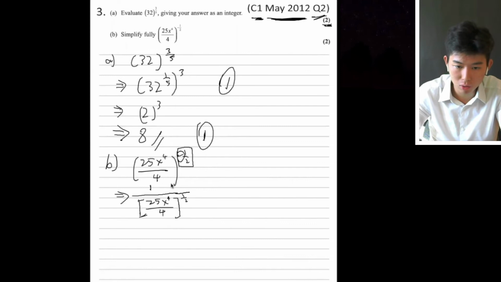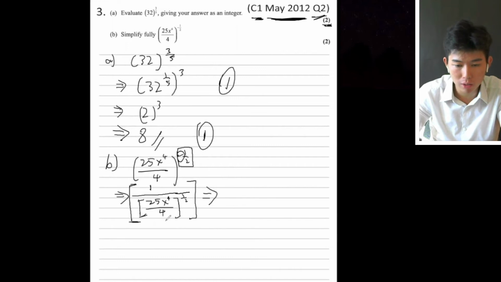This thing here looks quite complicated, but actually the only thing that you have to do is to move the 4 to the power of 1 over 2 up to 1. This is how. 1 divided by